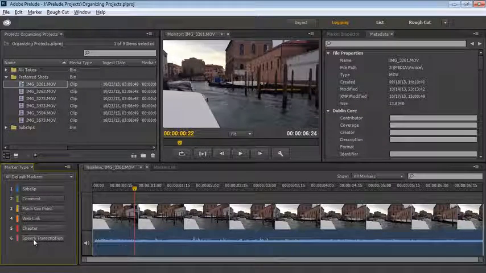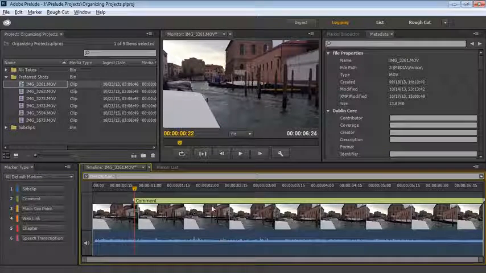Now there's a really efficient keyboard shortcut workflow if you want to work with these markers inside of Prelude. First of all, let's say I'm going to add a comment. I just need to press the number 2 and a comment is added starting at the location of my playhead. You'll also notice I've got this little heads-up display option asking me to put a description in. Actually, it's the contents of that comment. So let's say this is the most wonderful shot I've seen yet.